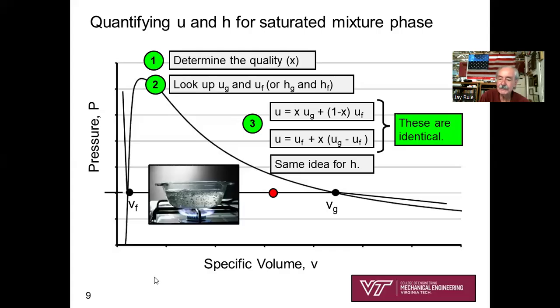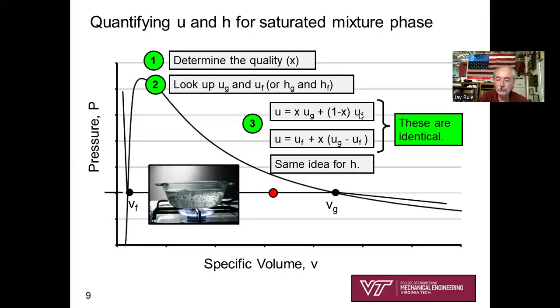Here's the way you're going to get a value for internal energy. Step 1, determine the quality of this state, this red dot. That's like a different exercise, isn't it? Previous video. The next thing you're going to do is, let's say you know the pressure. You would go to your pressure table. Alternatively, if you knew the temperature, you'd go to your temperature table. But if you know one or the other, you've got to go to one of those tables, and then you will look up